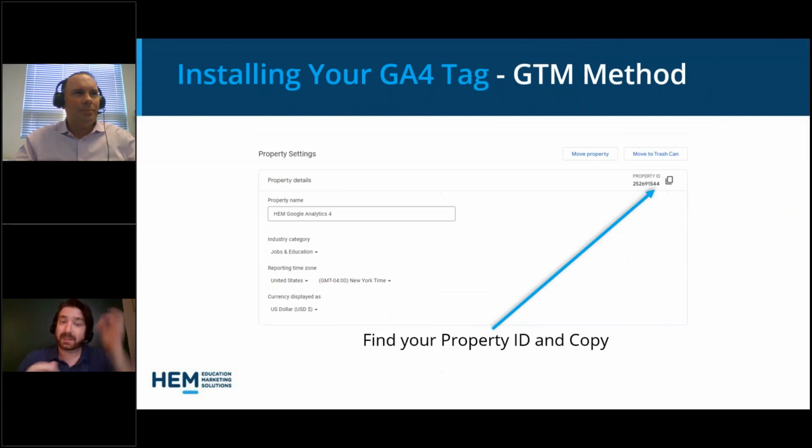And now that you've had the base set up, you still have to deploy this on your website. There's a few ways you can do this. In some cases, it might just be you asking your web developer to give you a hand, but you can also do it yourself relatively easily in a sense. If you go into your property settings, you really just need your property ID.